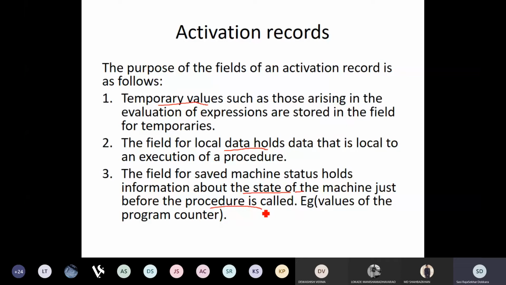I think you all understand what a program counter is. The program counter keeps track of the statements in the program. Because this procedure, say procedure B, is called from another procedure A, the status of the program counter of procedure A, which calls this procedure, has to be saved somewhere, so that after this procedure returns, that is the place from where the execution is going to start. Therefore, all such information is saved in this particular location.